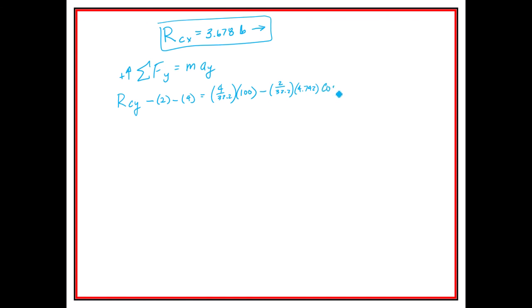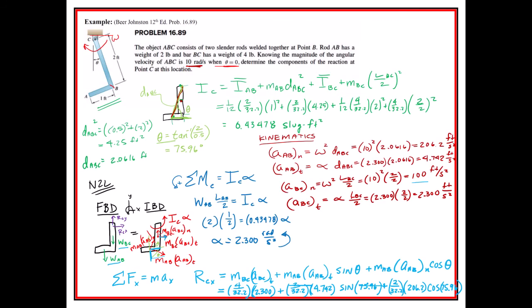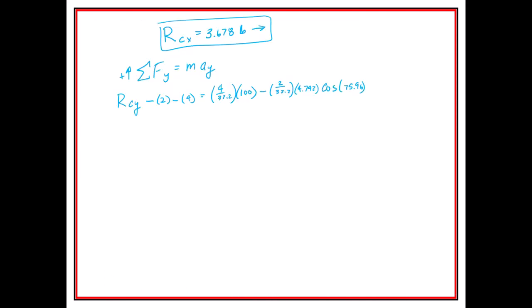The cosine of 75.96. And lastly, we'll take a look at the normal direction of AB, and that's going upwards. So that's positive, and its acceleration in the normal direction is 206.2, and also we know that we're going to use a sine. So if we could remember all those things, it's positive